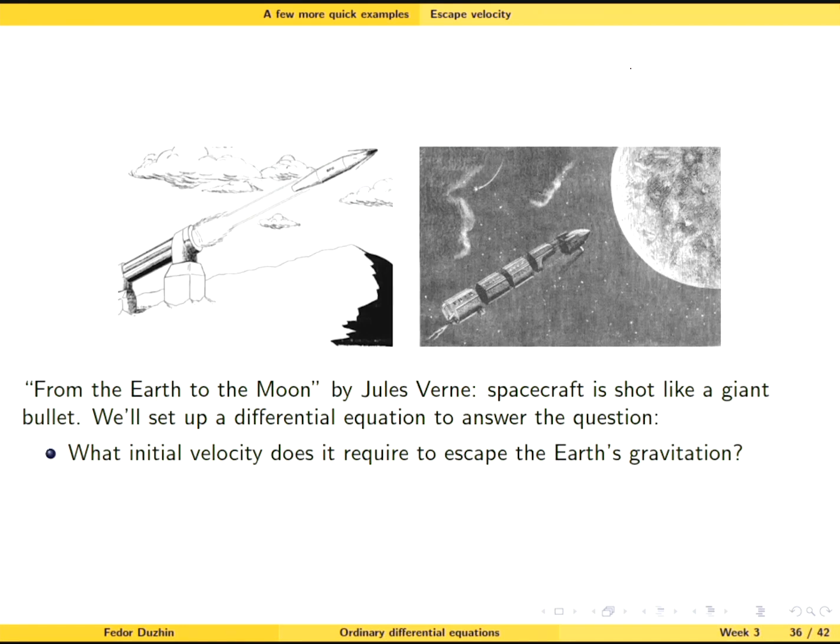Now, a few more quick examples of modeling with differential equations. So here is a very interesting scenario. We're going to compute what initial velocity it requires to escape the Earth's gravitation. Here a spacecraft is shot like a giant bullet, meaning that,